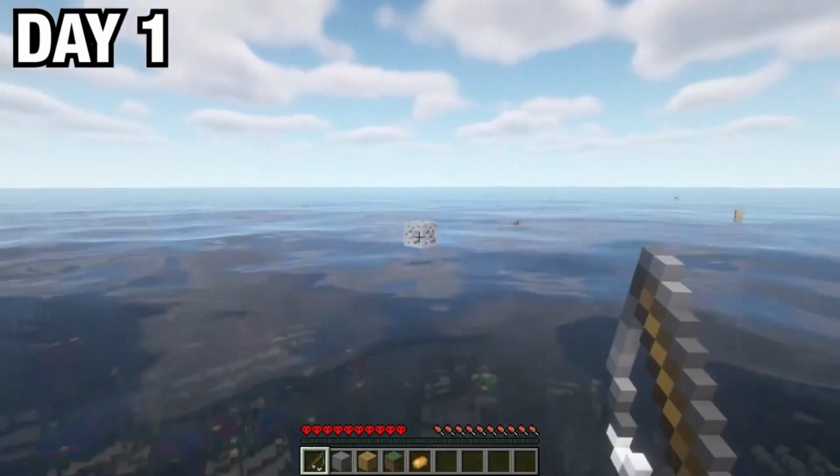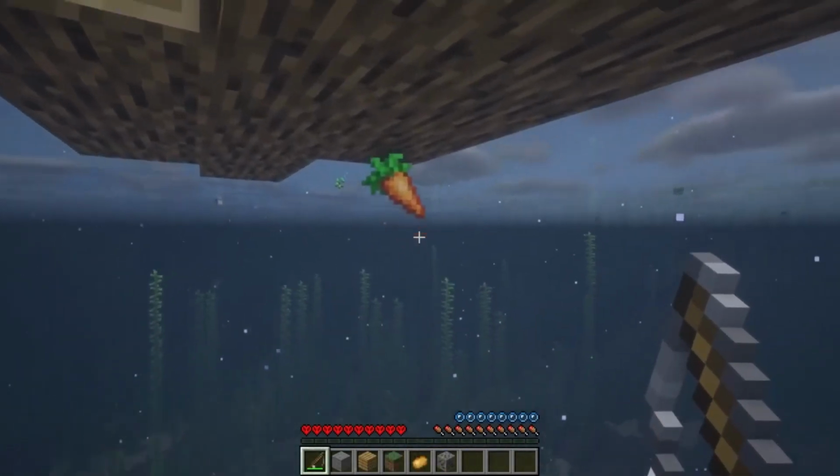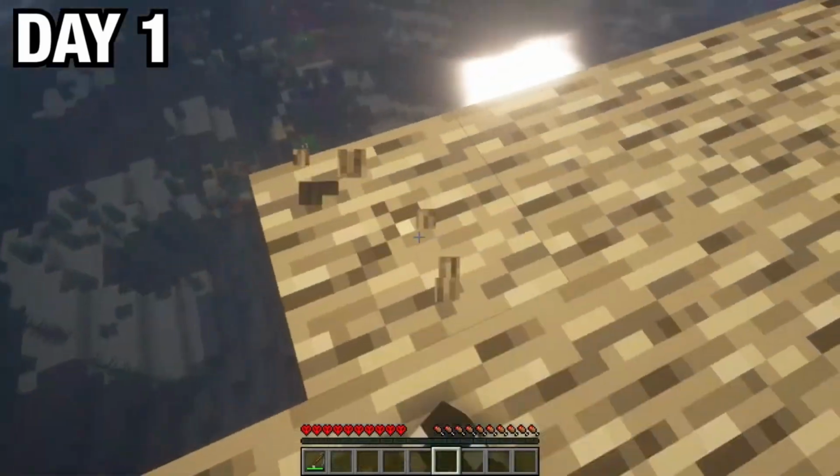Found some grass, coal, and a spare fishing rod, and a carrot underneath my raft, which I then realized was made of wood. And while mining wood,